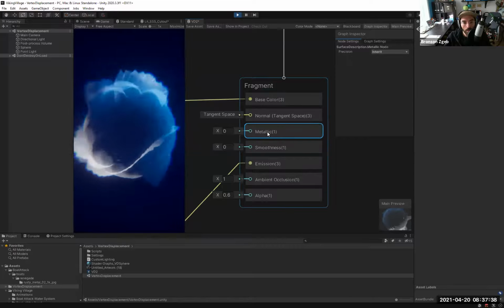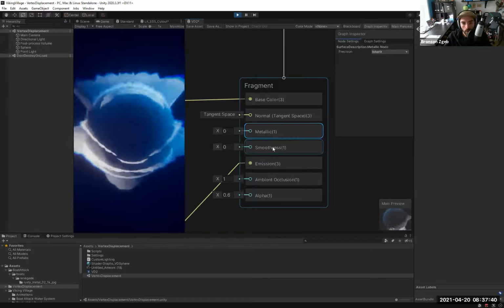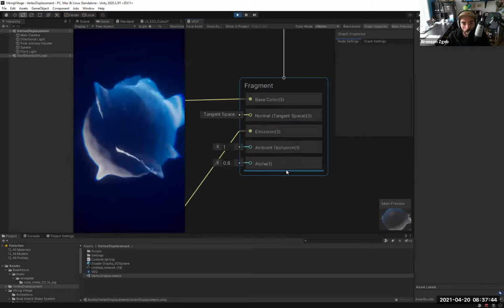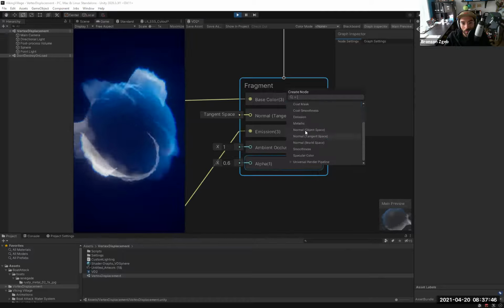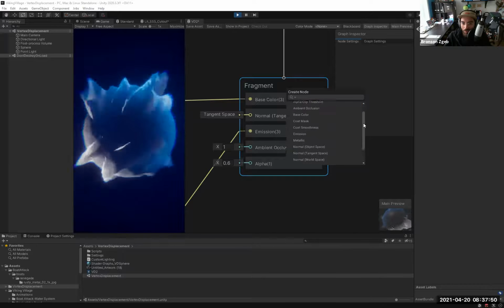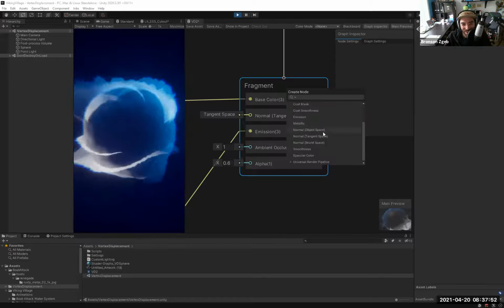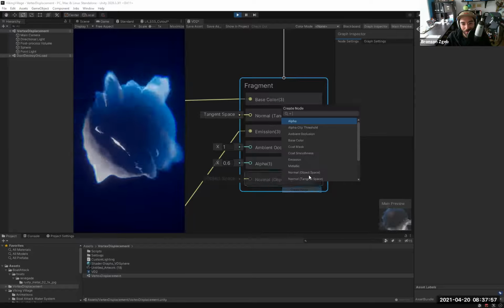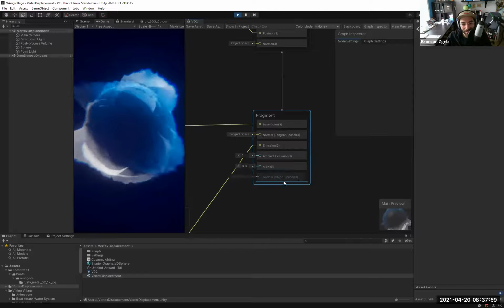Same with the fragment. If you're not using metallic and you're not using smoothness, get them out of here. Who needs them? And then you can also add all kinds of new things, I think they're new, I haven't seen them before, like having your three different normal spaces here.